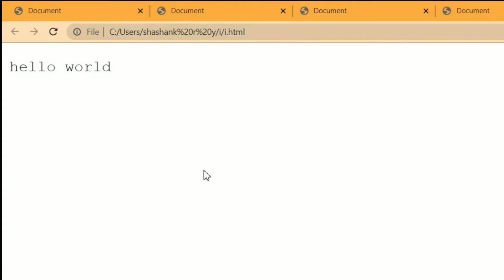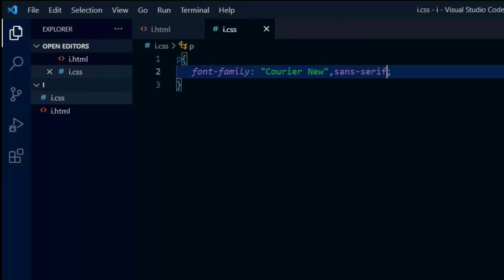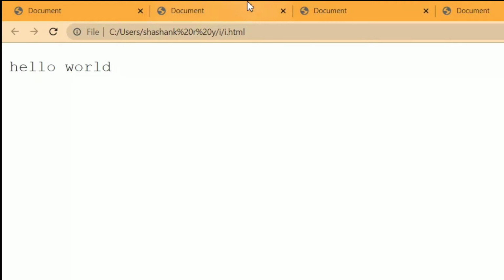As you can have a look here, this is the font in the format of Courier New, which belongs to the generic name of sans serif. This is how we use the font family. I'll show you some of the different font families which we use. We also have Times New Roman in the sans serif, and as you can have a look here,